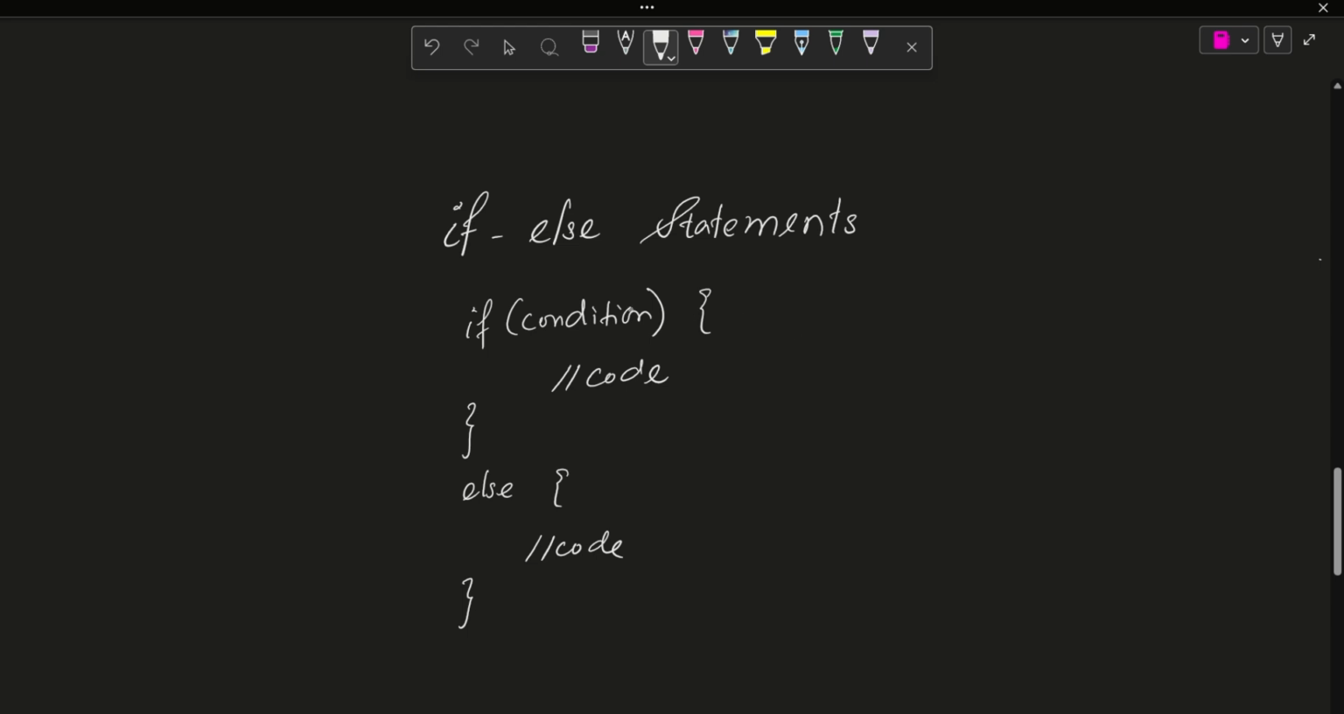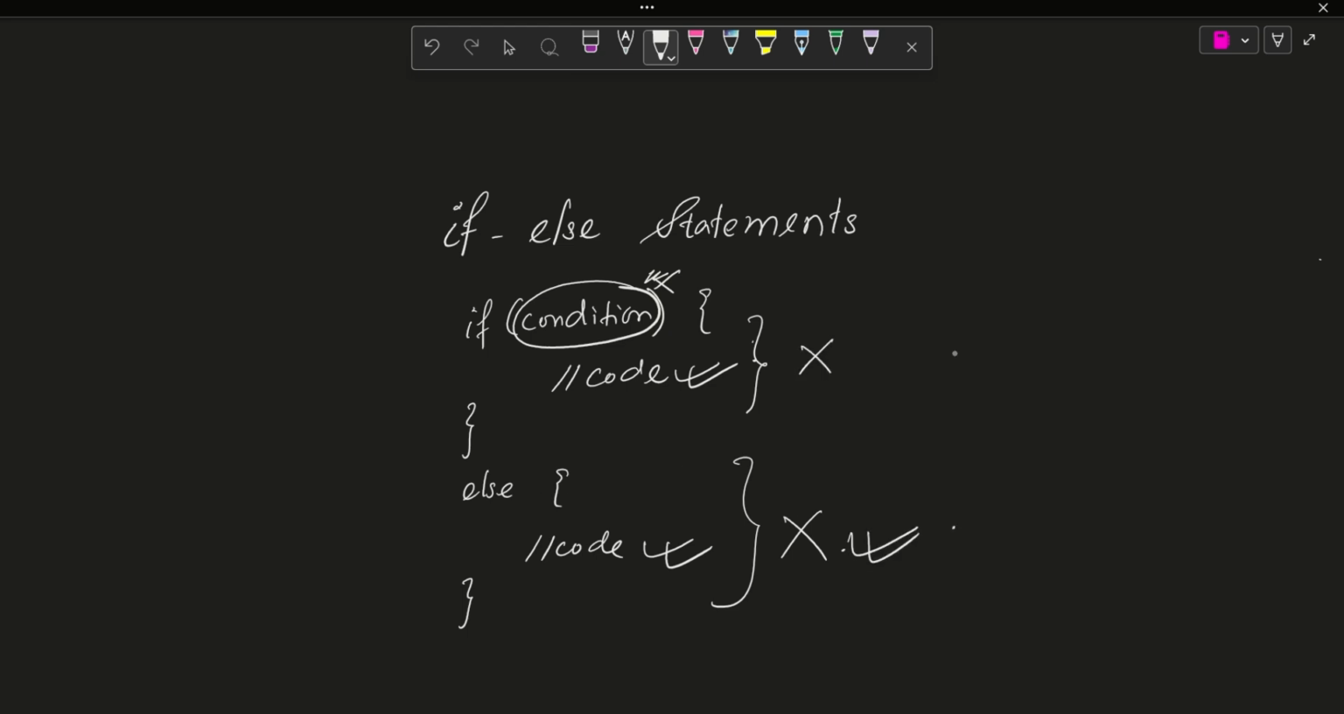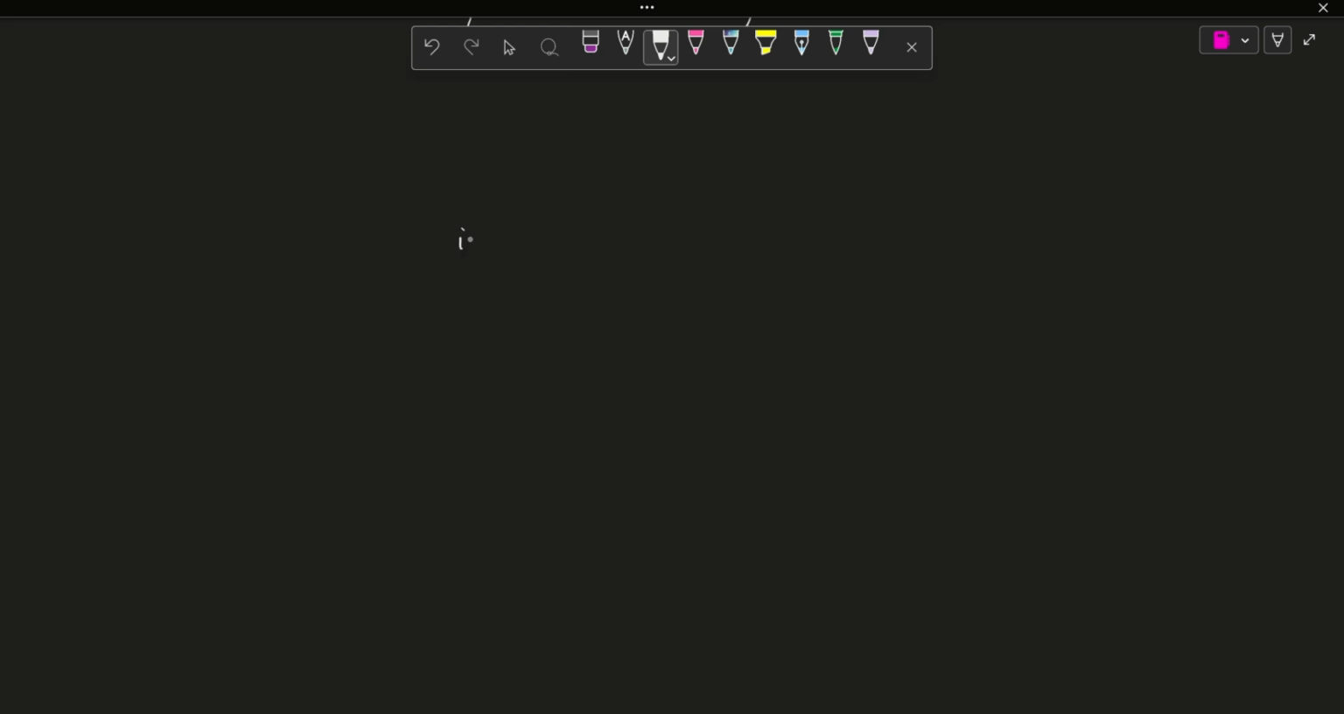So if this condition is true, then we run this code, and if this condition is false, then we run this code. If the condition is true, we just execute this part and ignore this one. But if this condition is false, then we ignore this and run only the else part. So if you're writing code to check if a number is even or odd, we may do it like this. If